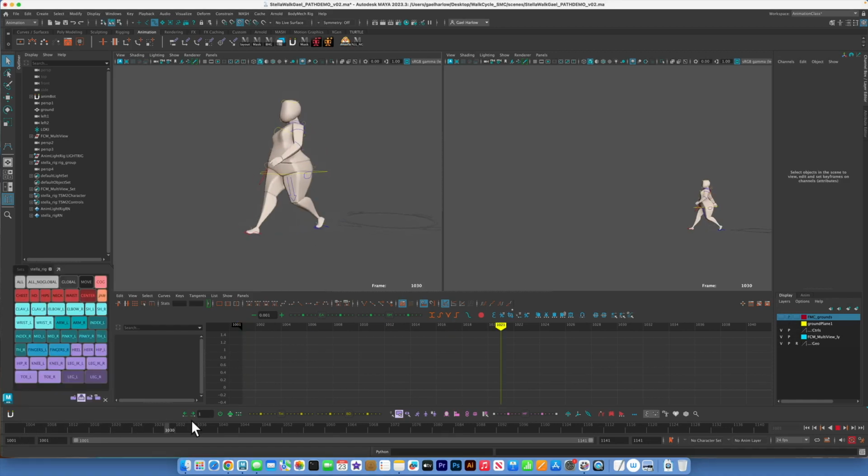Hey guys, let's do a quick demo on how to add your character to a path. I've got this walk cycle. It's currently a progressive walk cycle with the character walking forwards. The first thing I want to do is convert this walk cycle to a walk cycle that's